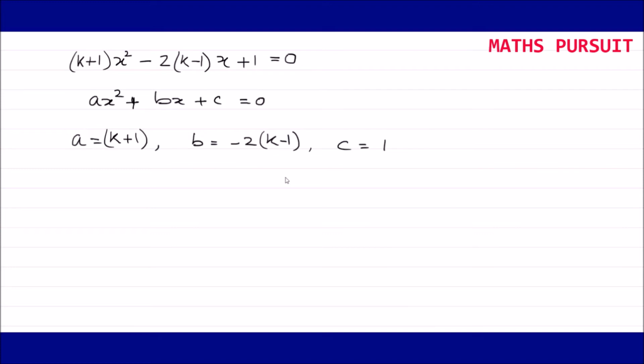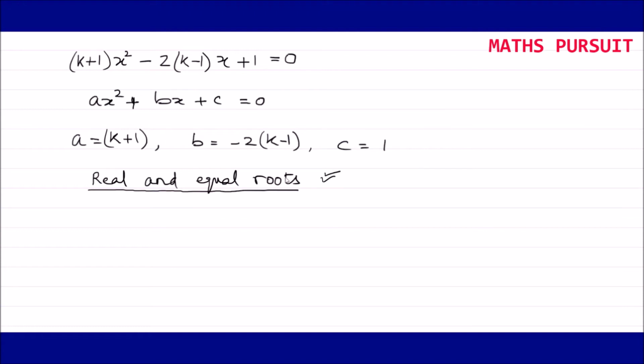I extracted these values looking at the quadratic equation identity ax^2 + bx + c = 0. Now guys, it is always advisable to read the question once or twice or thrice and keep in mind what exactly is being given here. The question says that we need to find the value of k for which the equation has real and equal roots. So as per the question, this equation is having real and equal roots. This is the most important point here guys.